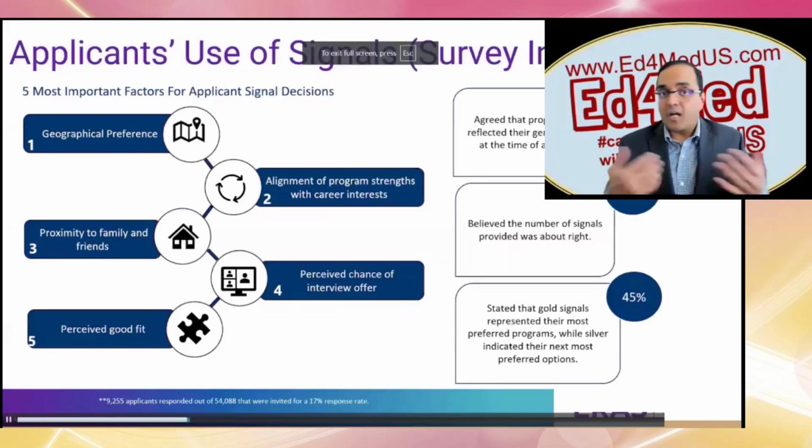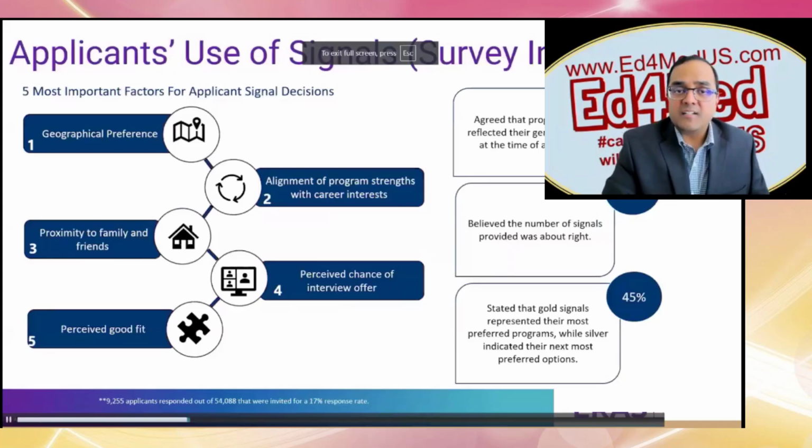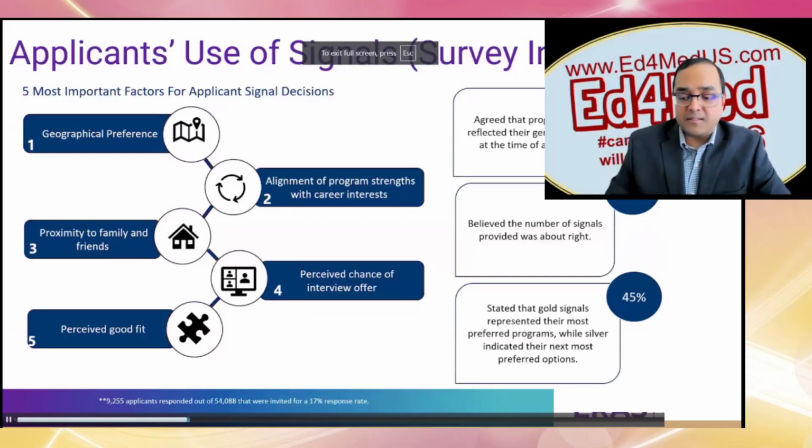Of course, then the question is, how do you decide which programs to signal? And the answer lies here. Again, this was a survey done by AAMC and ERAS, where they surveyed the residency applicants on how they used the signals. And these were some ideas shared by the residency applicants.